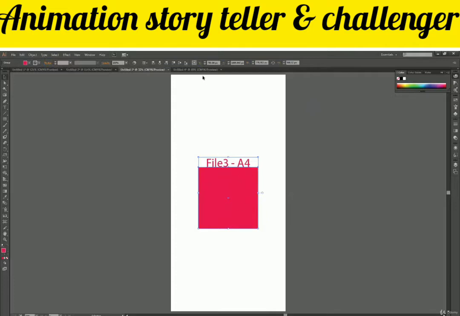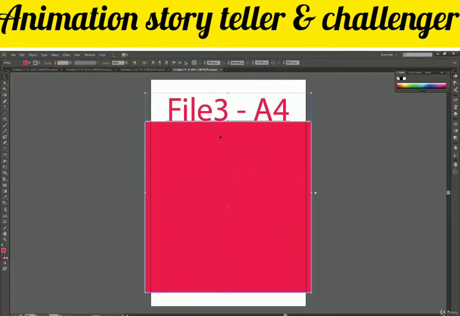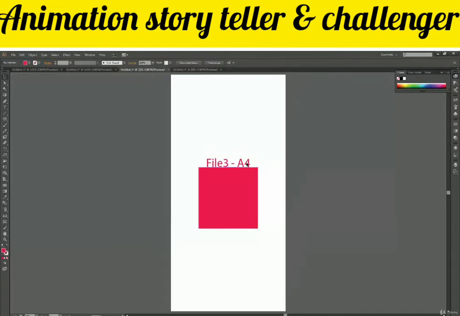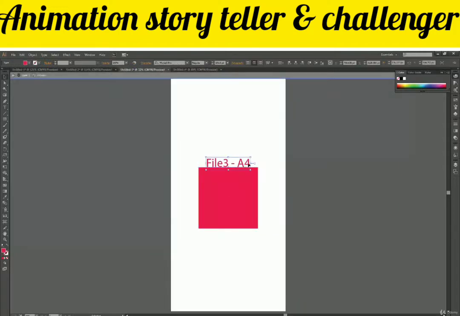File 3 is actually very big, and this file is comparatively small. But we want to see the size on the scale, so we are just going to say file 4, and it should be B4. I think B4 we took. I don't remember now, but I think it was B4. This one instead of A4 will say custom.